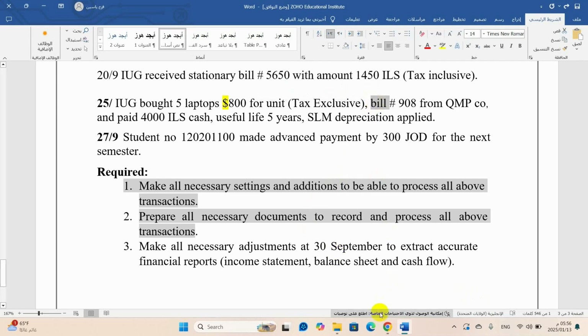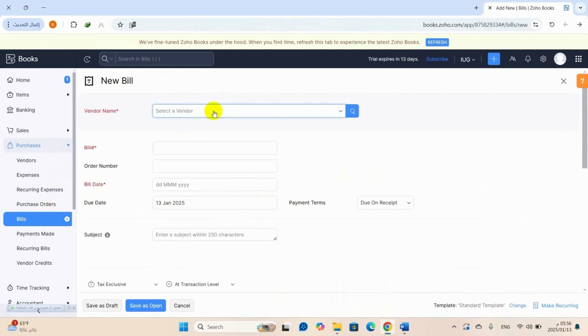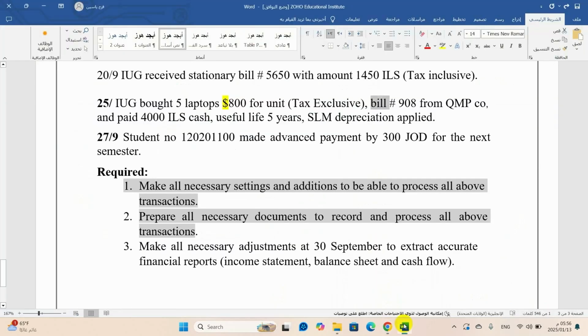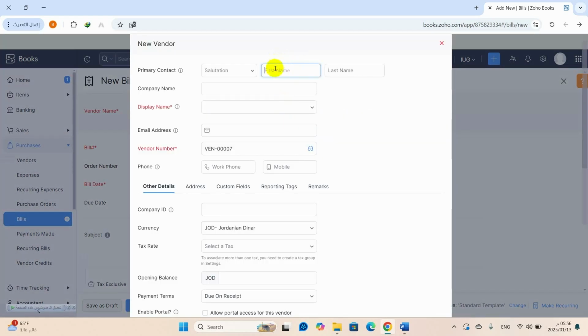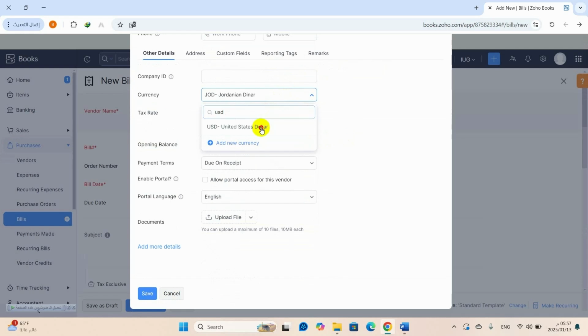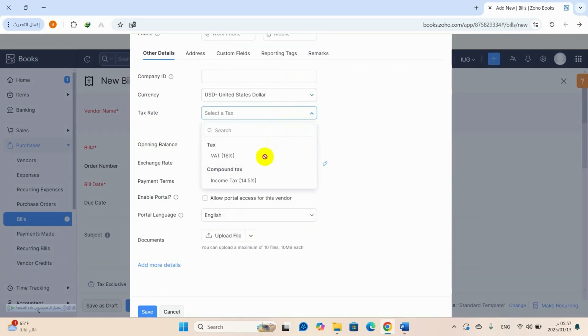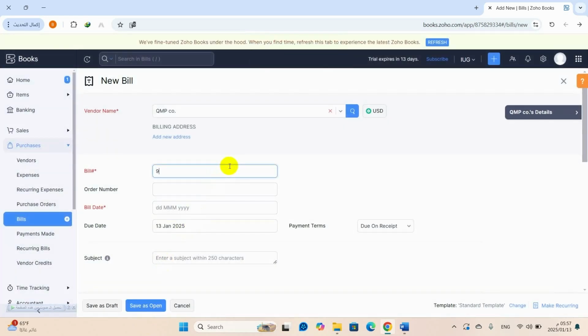Because it's a bill, go to purchases, a new bill. The vendor name is QMB company. Add a new vendor. QMB company. Display name, the vendor number the same. The currency is dollar USD and tax VAT. Save it. The bill number is, I think,